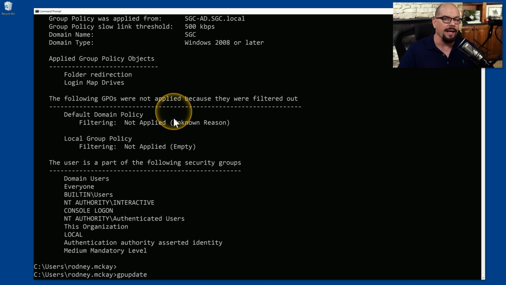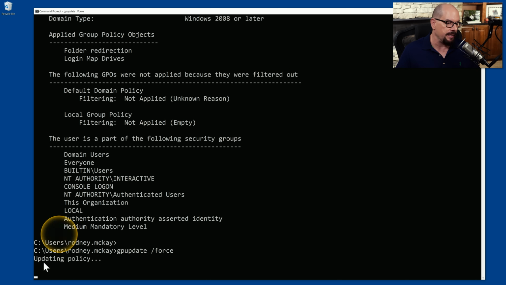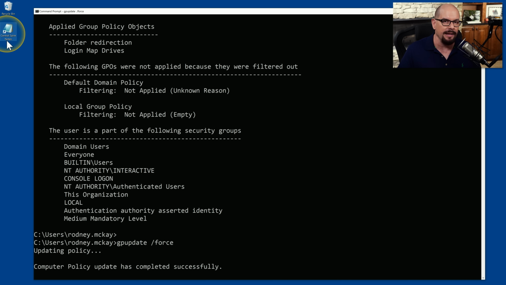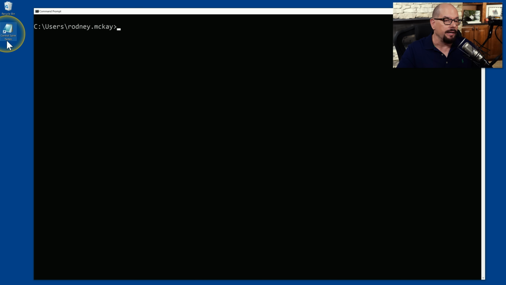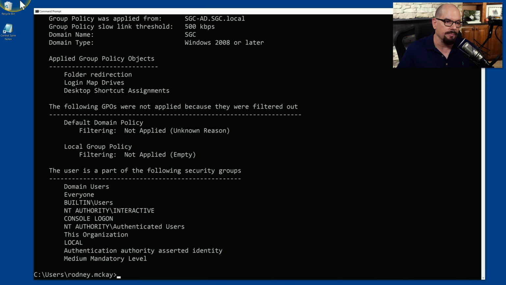Or if we want to apply everything in group policy, we can use the /force at the end so that everything is updated. When I hit gpupdate /force, you'll see that it says that it is updating policy. And if you look in the upper left, a new shortcut was added to the desktop that was created using group policy. If we then run another gpresult /r, we'll get the same report that we had before, but